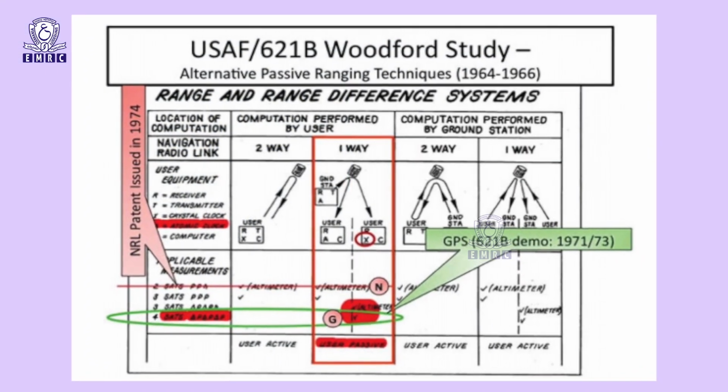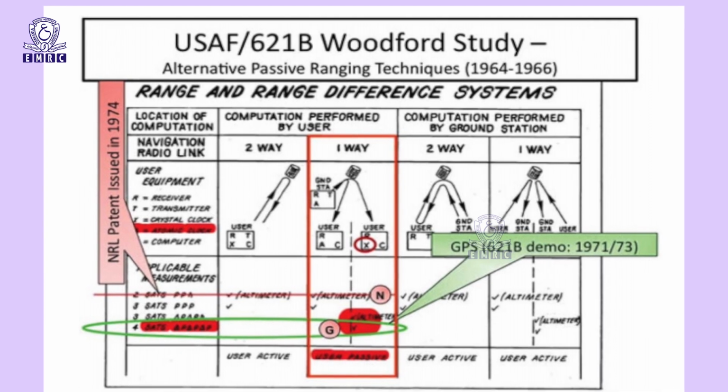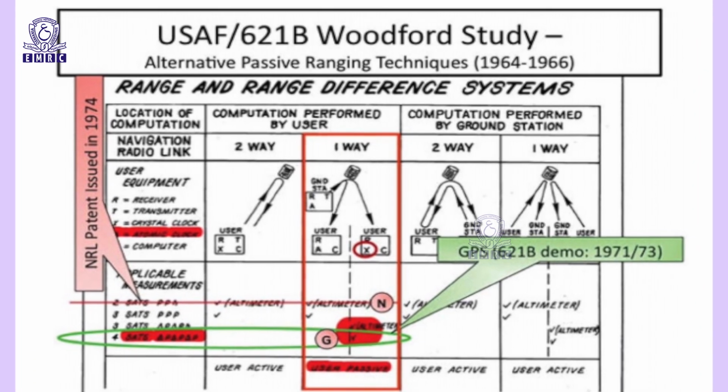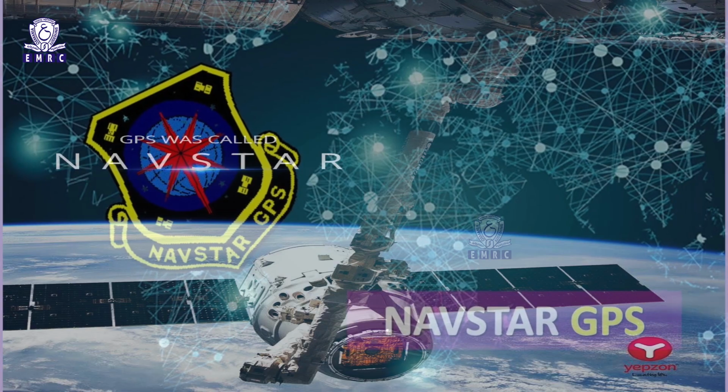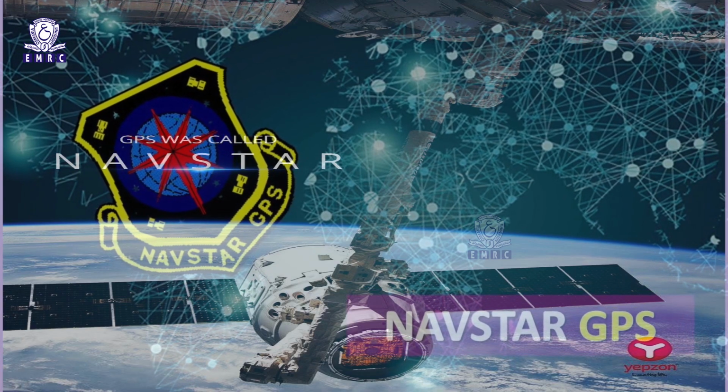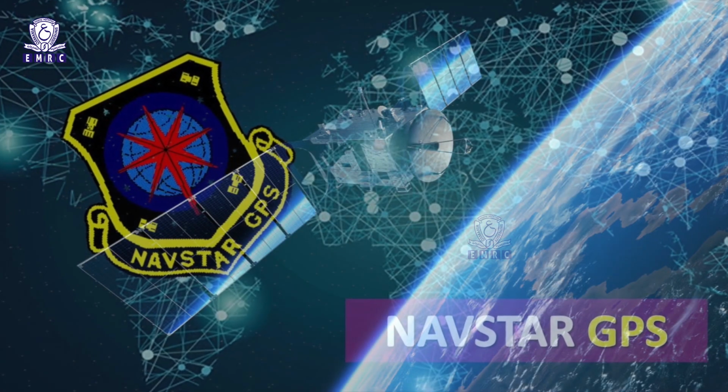Simultaneously, the US Air Force was conducting concept studies for a system called System 621B. Ground tests were performed to validate the concept, but before the system could be implemented, the US Deputy Secretary of Defense in April 1973 designated the Air Force as the executive service to localize the Timation and 621B systems into one single defense navigation satellite system. From this emerged a combination system concept designated the NAVSTAR, Navigation System with Timing and Ranging, Global Positioning System, or